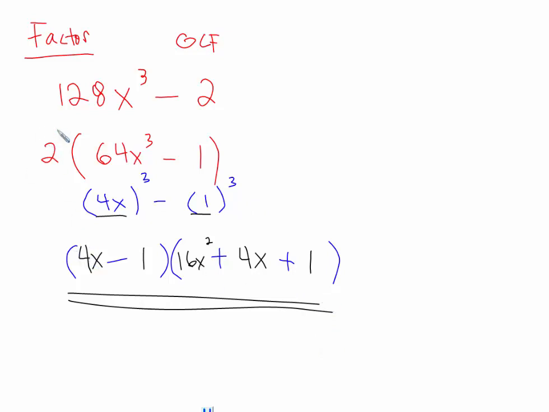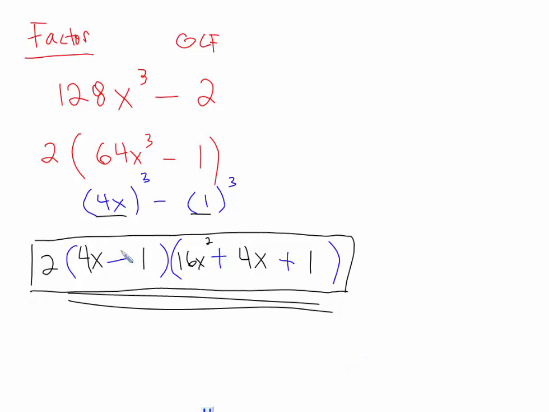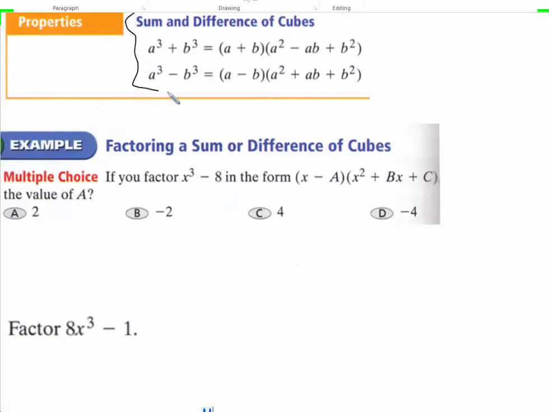Now just don't forget, if you take out a GCF at the beginning, it's got to be part of your answer. So this right here is your full answer. And if you want to know if it's correct, if you multiply all this, it will give you this. If it doesn't, then either you multiplied wrong or you factored incorrectly. This right here expresses the pattern that I showed you right now,